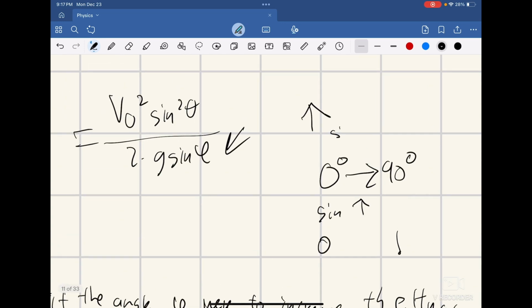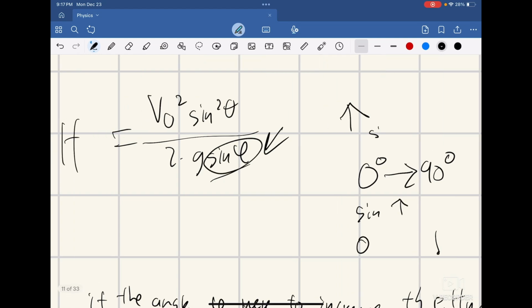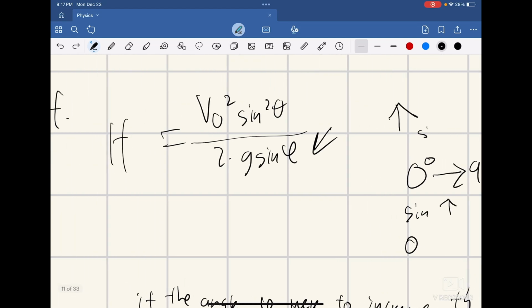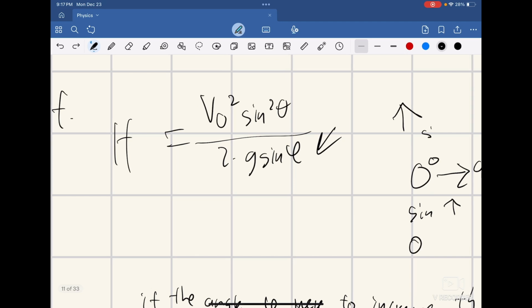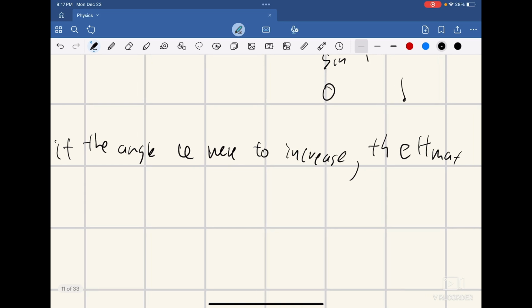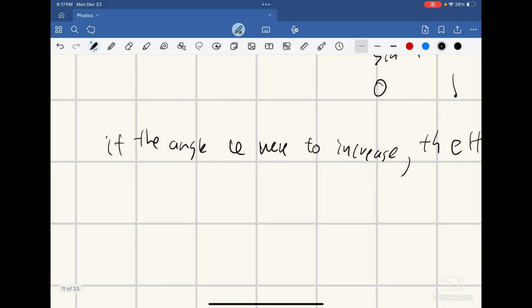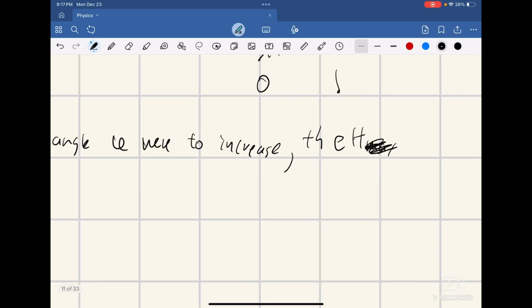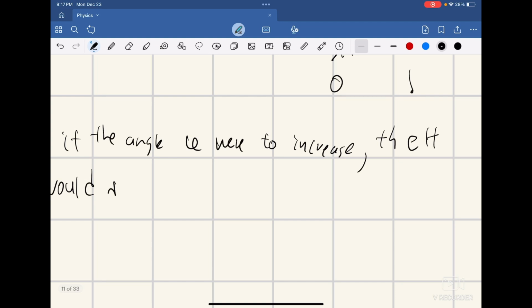Since sine phi increases, and since this is a fraction, what we know about fractions is that if the denominator increases, the magnitude of the entire fraction decreases. So h will decrease. So if the angle phi were to increase, the h max would decrease because